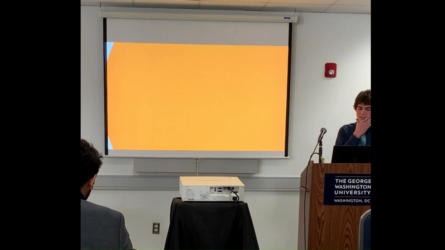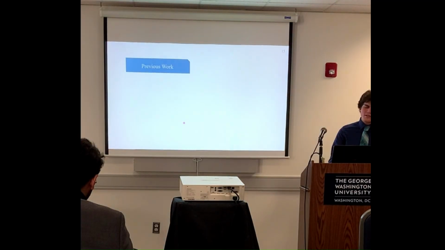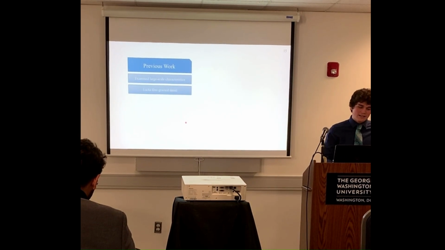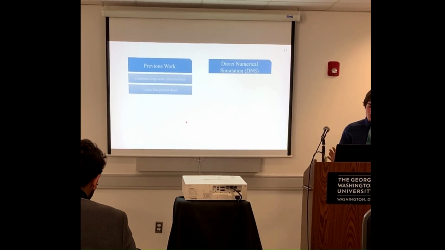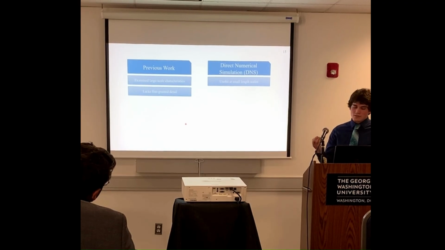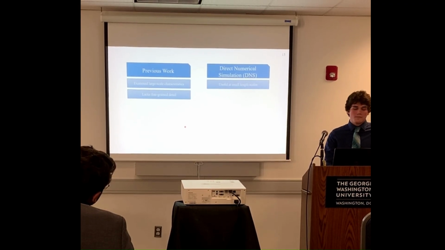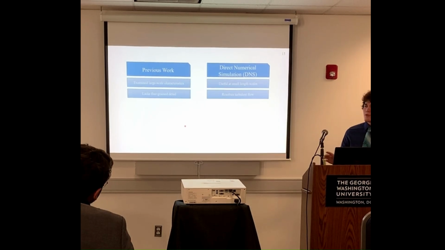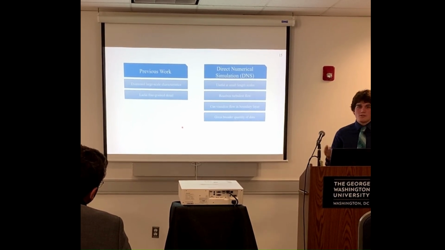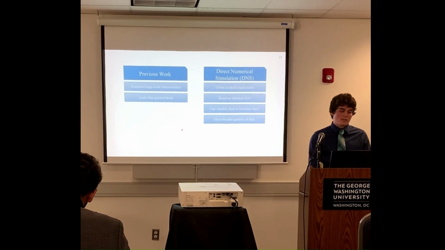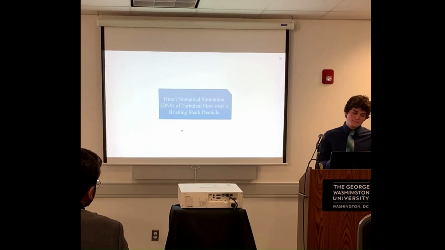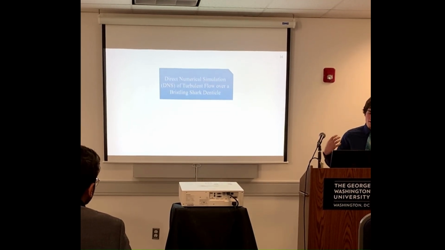Let's look at some of the methods that we're going to do. So the previous work has examined the large-scale characteristics of the flow. It is lacking the fine-grained detail that direct numerical simulation can provide. DNS is useful at very small scales, such as the denticle, and it resolves all the turbulent flow scales. It can visualize the flow in the boundary layer, and it will give us much broader quantity of data than the experimental. It's also very computationally expensive, however. So it requires a lot of